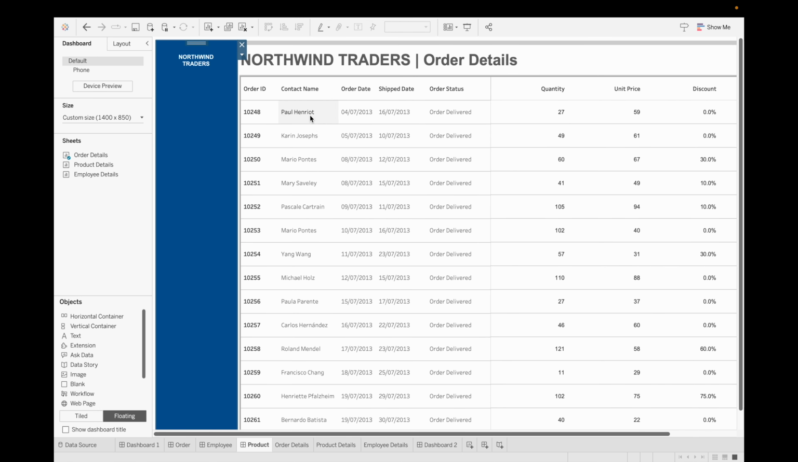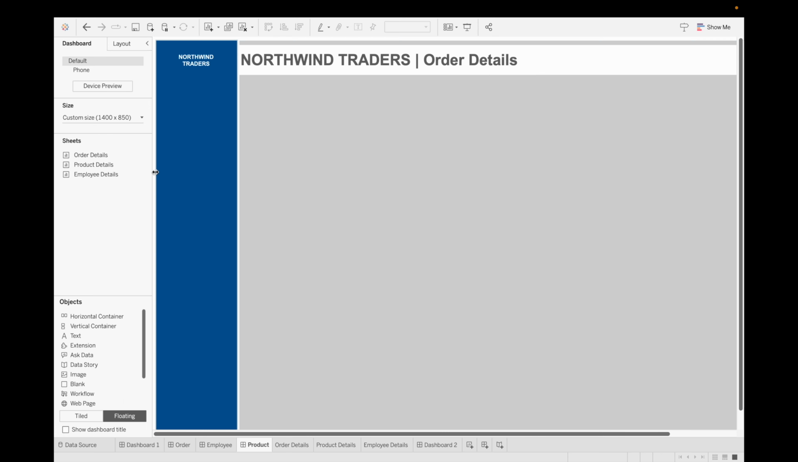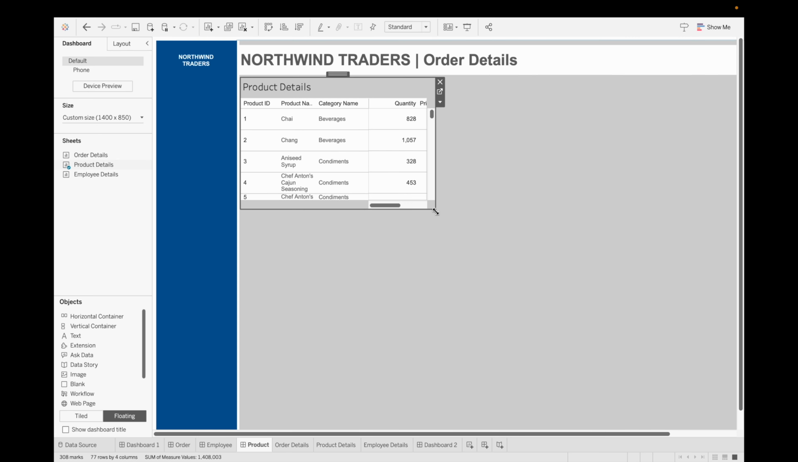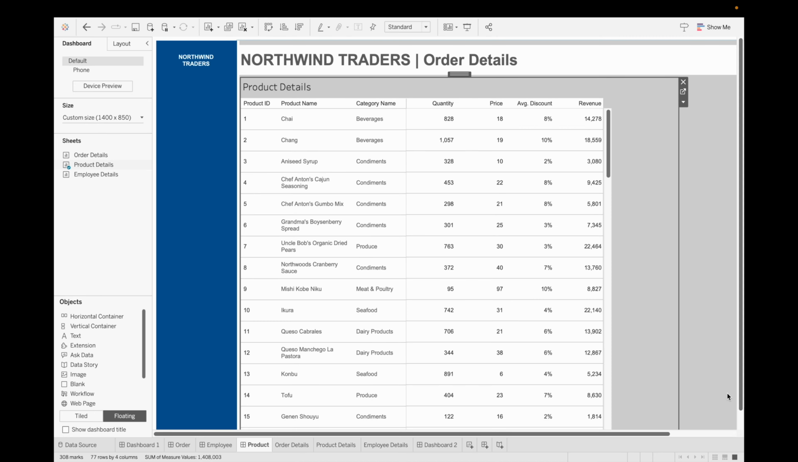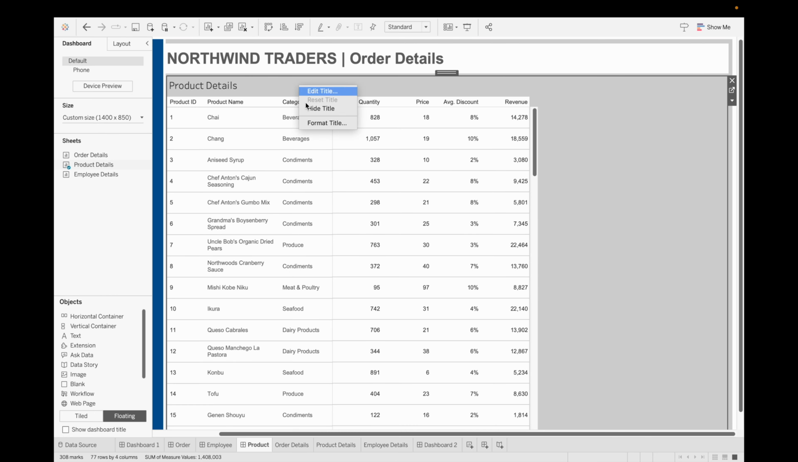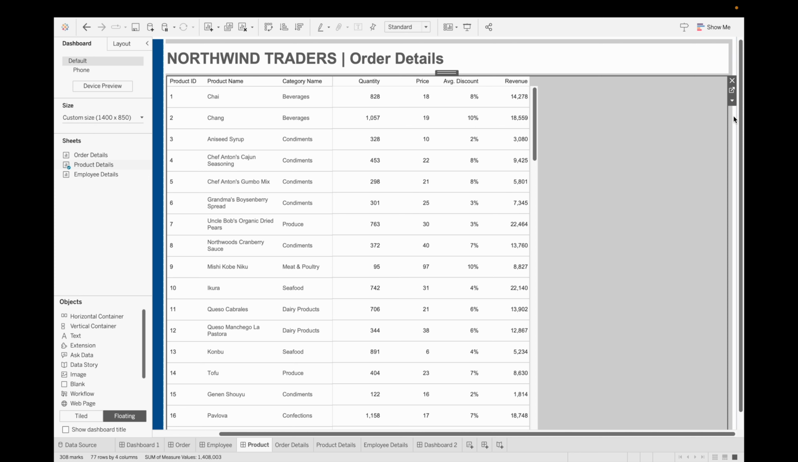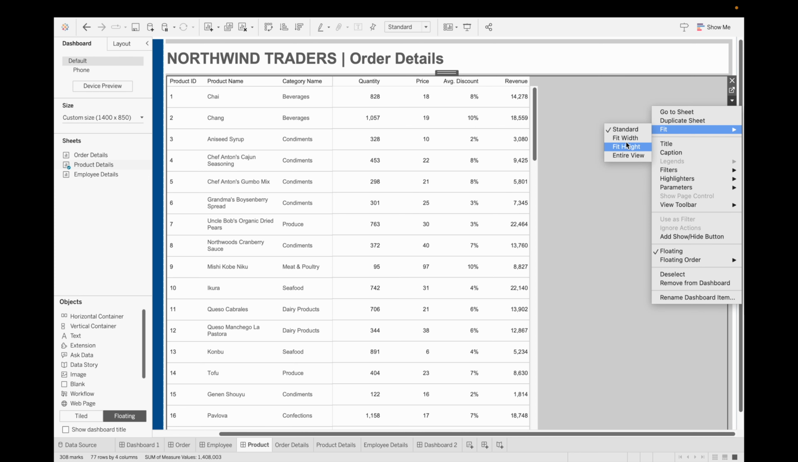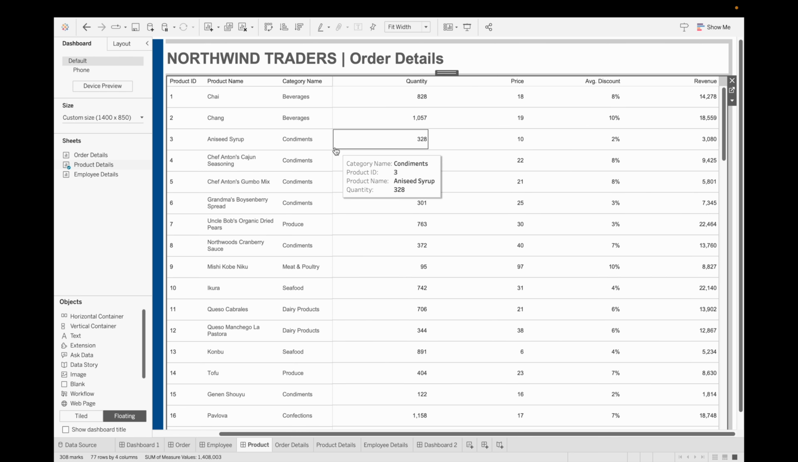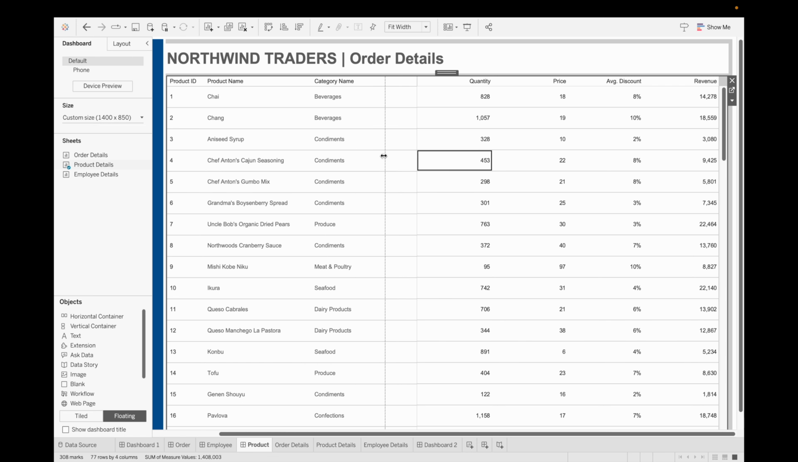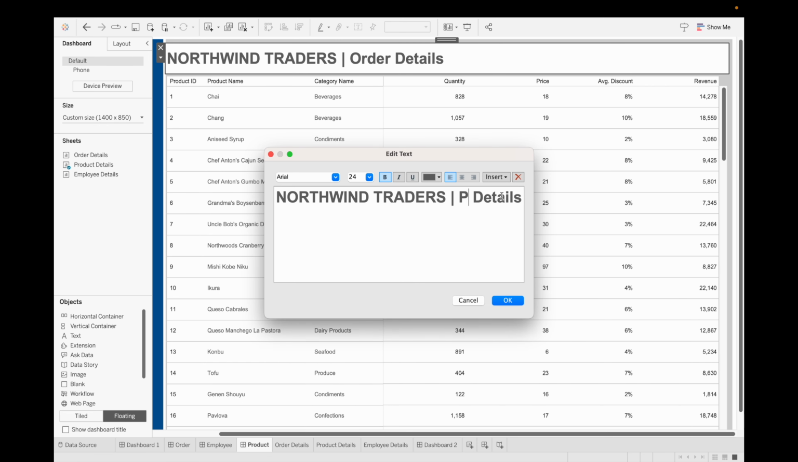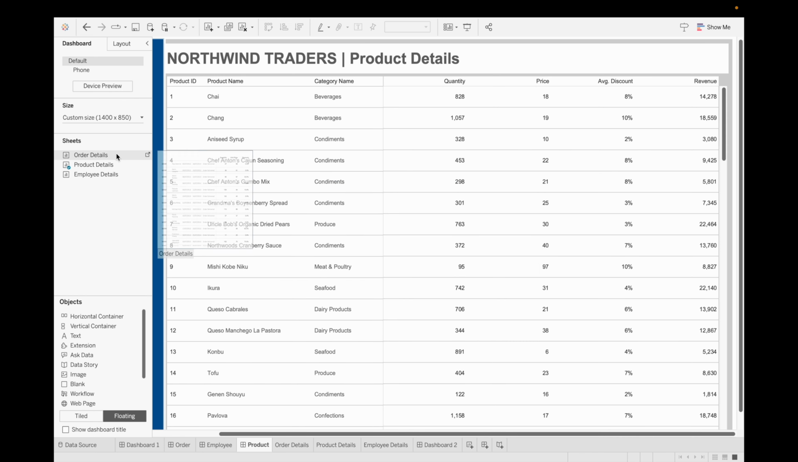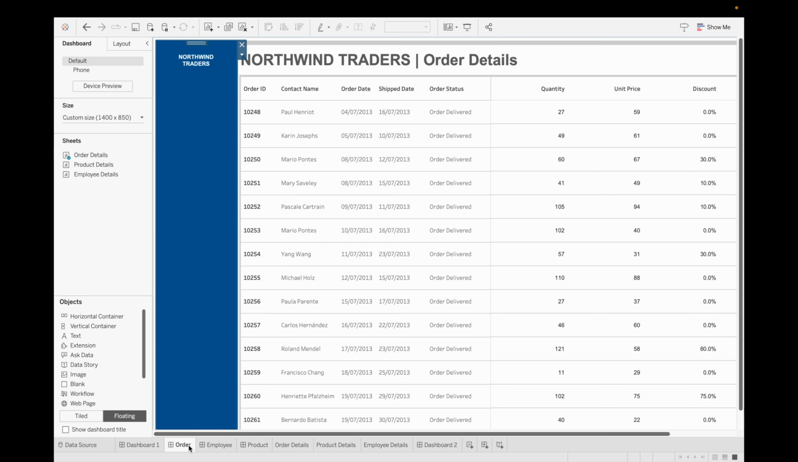Now let's do the same thing here as well. Let's remove it and drag our product and adjust the size. Don't want to show its title and go with fixed width and add product details. Okay, now let's hide these sheets as well